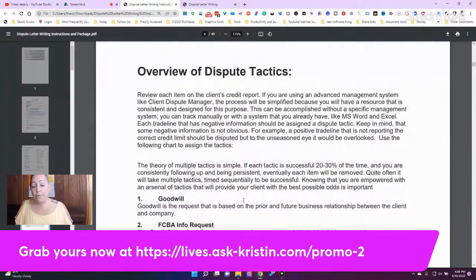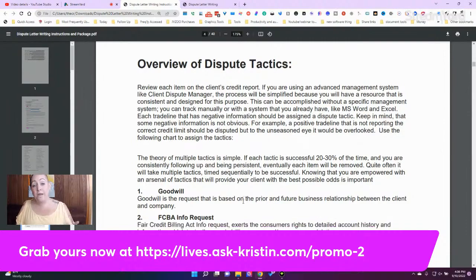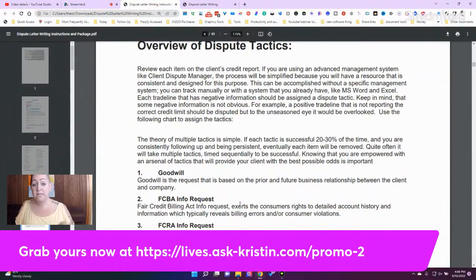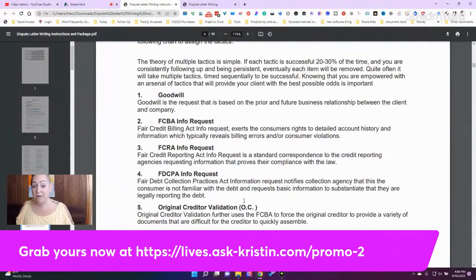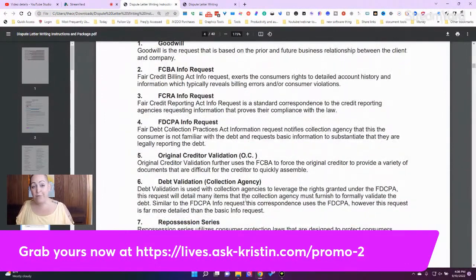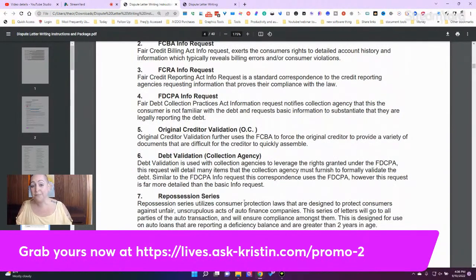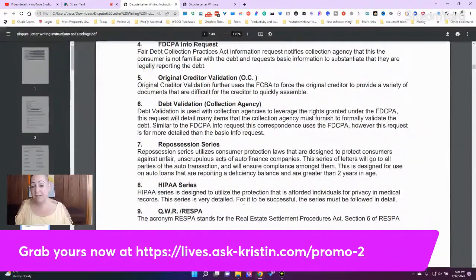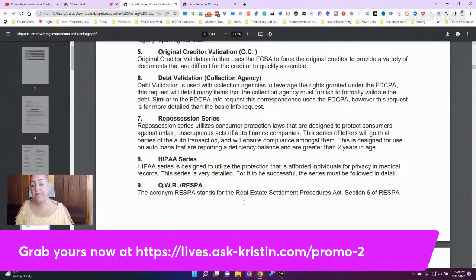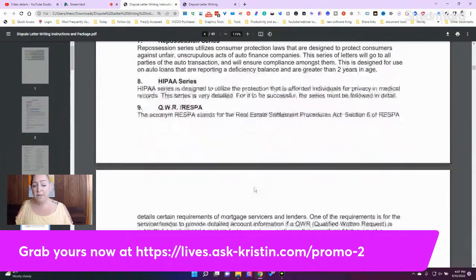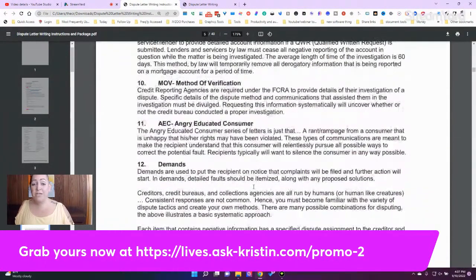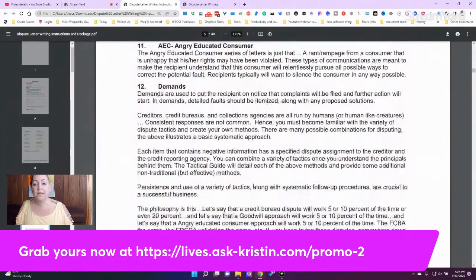And then we have an overview of dispute tactics that explains what each is and when you should use it, such as the Goodwill letter, FCBA info request, FCRA info request, FDCPA info request, original creditor validation, debt validation, repossession series, the HIPAA series, and the QWR RESPA letter, and then method of verification,